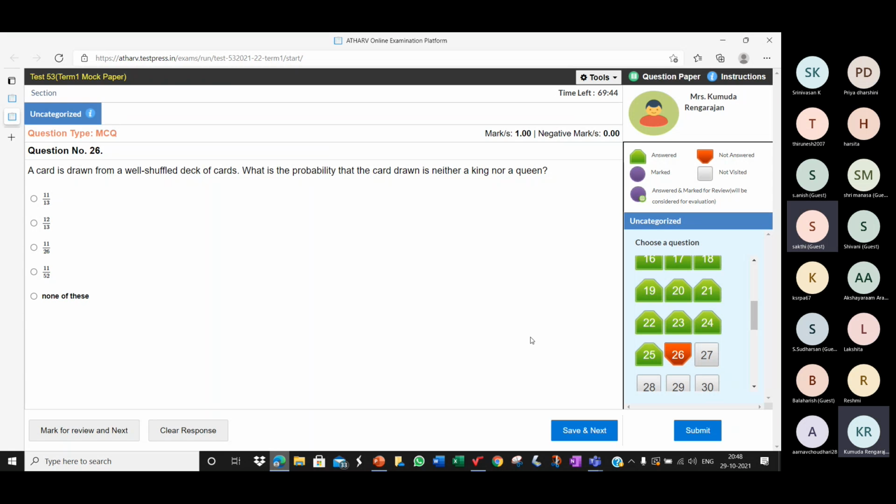Okay. So you want one of these 44 cards out of 52. Denominator is always the total number of cards, so 52 is fixed. Numerator should be what you want. You want one of the 44 cards. Your favorable outcomes should form the numerator. So 44 by 52, not 8 by 52. These 8 cards you don't want.